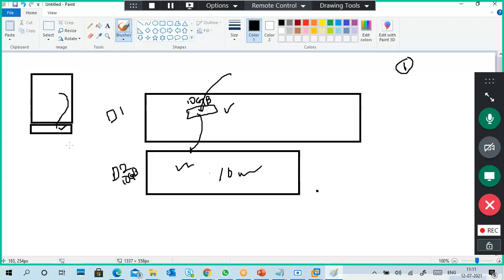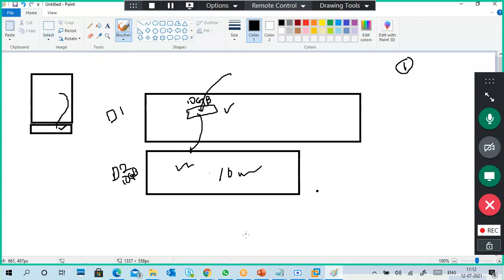So what is this virtual hard disk? It is nothing but a file in your physical location, physical hard disk location. And it acts like a hard disk. When you are connected, we can keep files, and we can access the files anytime, and we can disconnect it anytime. So you don't need to shut down your PC to connect or remove the virtual hard disk. We can directly connect it.